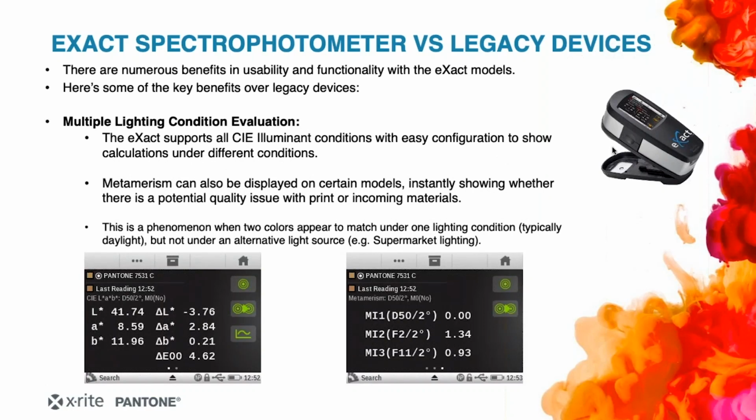The handheld device itself on the eXact allows for numerous different configuration windows, and we're going to look at those in some detail in future webinars. Just to give you some of the key likely benefits possibly in your workflow, here we can see a couple of different screenshots on the bottom of this particular slide. What the eXact device can do is